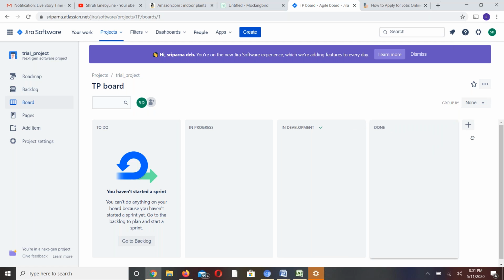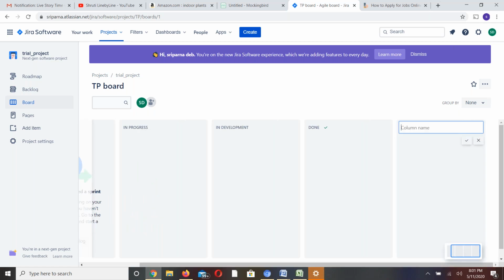I also want to have in tech review, which means that once the development is done, another developer has to review the code. Only then will it come into the testing stage.